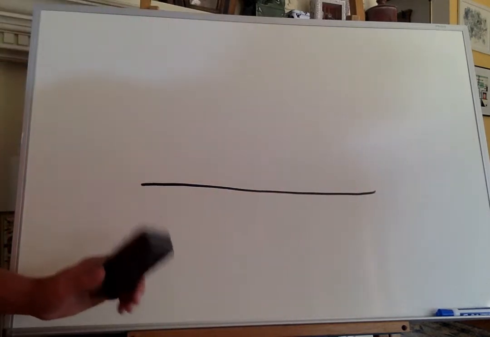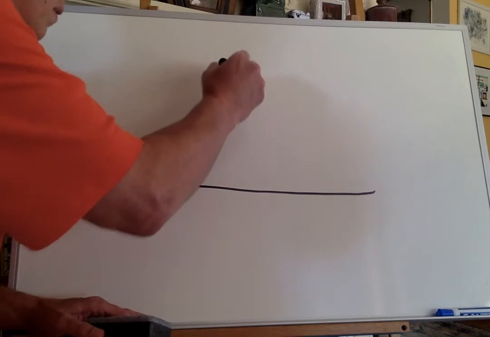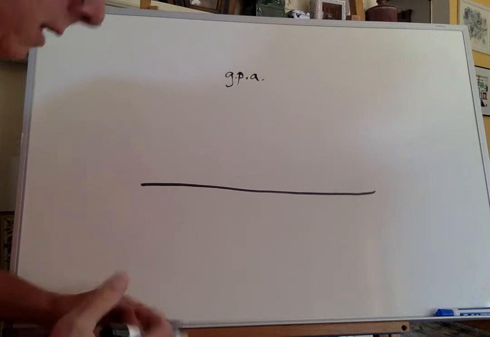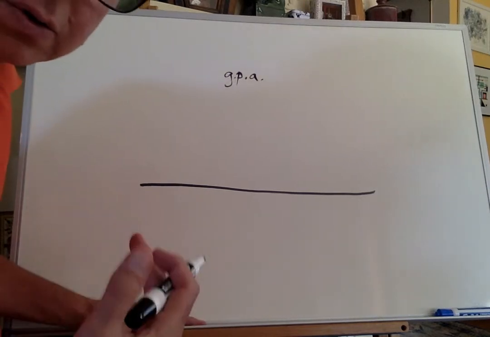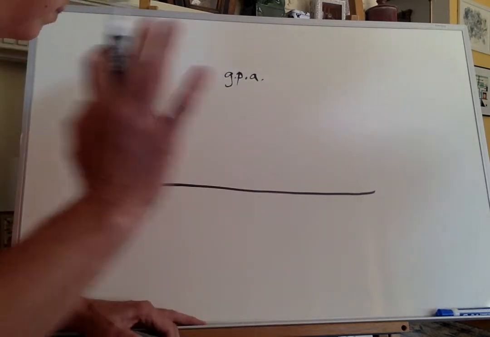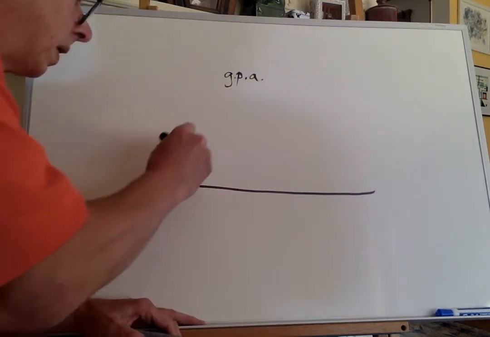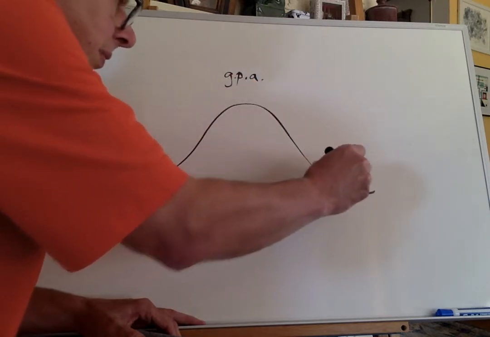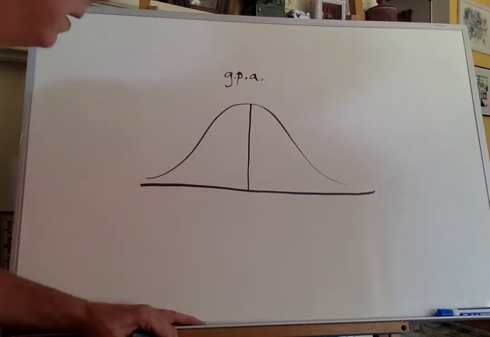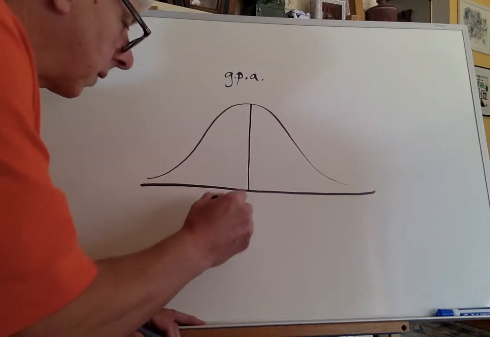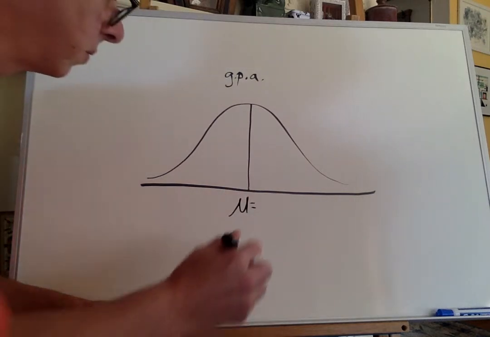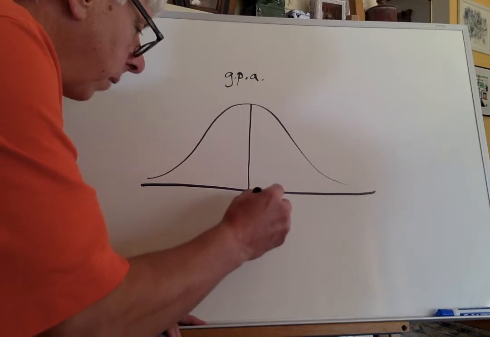Let's assume we'll use GPA as our measure of academic performance, even though I would certainly rather use overall z-scores. But let's suppose we use GPAs for our measure of academic performance. And let's suppose that the average for the school is 3.15,